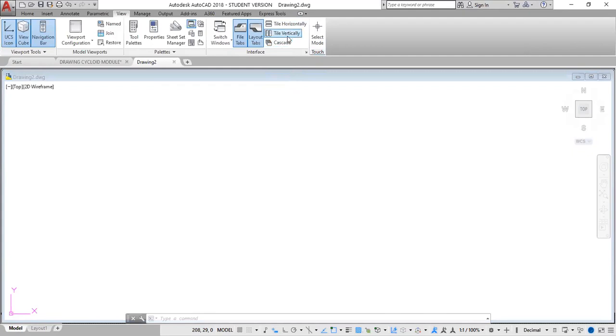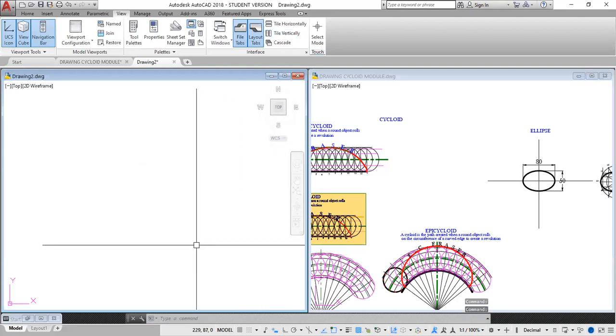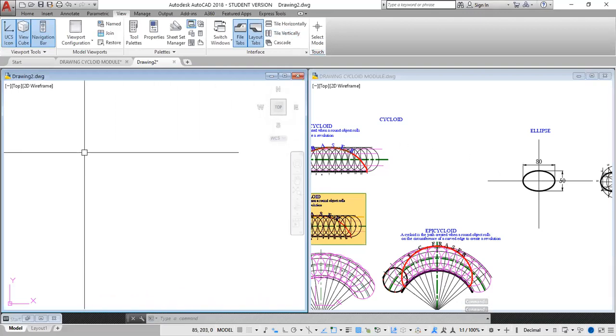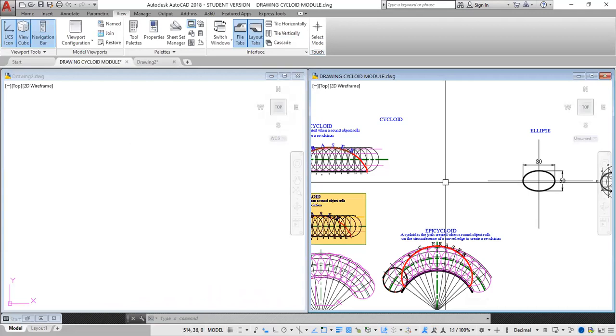All right. For this one, I want it that it's only two drawings. I would prefer if these drawings are displayed side by side or vertically. Click that. All right. Click vertical tile, and you will realize that both drawings are projected on the screen side by side. If I have 3 or 4 drawings open, all 4 drawings would have been projected on the screen at once. All right. And this makes it really convenient for us to transfer a drawing from one file to